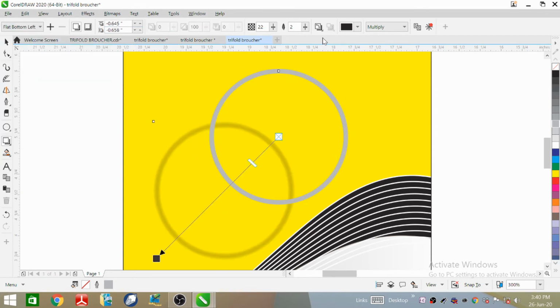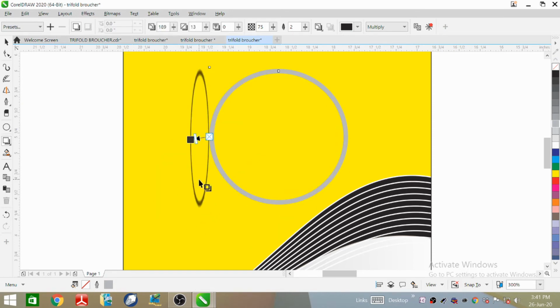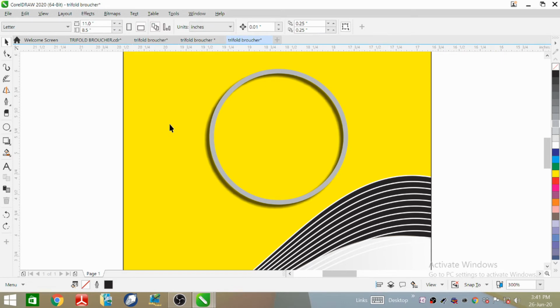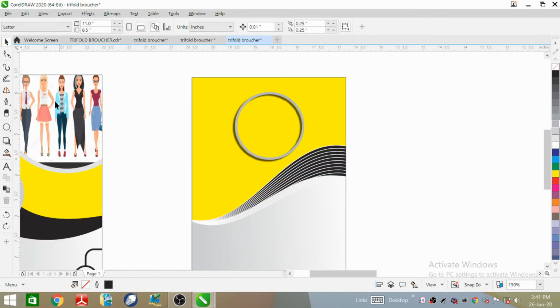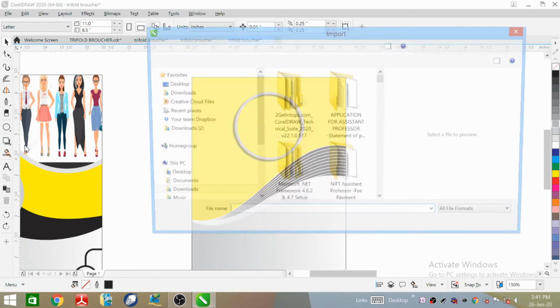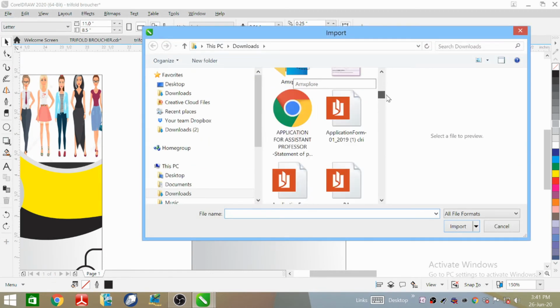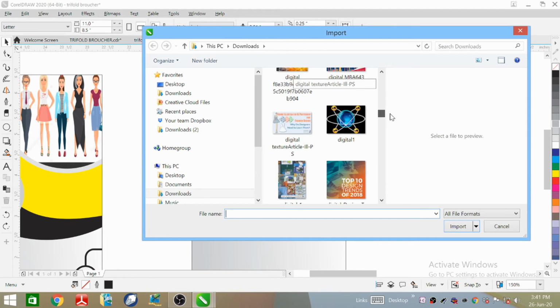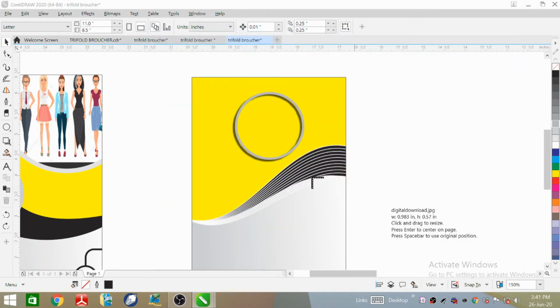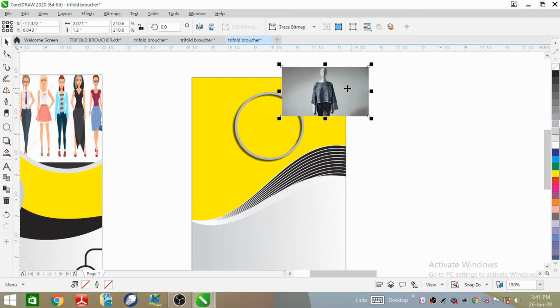Present, left click, and go to the opacity of the shadow. We can increase the opacity of shadow. After that, we have to Control Z over. Go to the pictures. Go to the file menu, import, select your desired image, and import it over. And we have to right click, power clip inside,